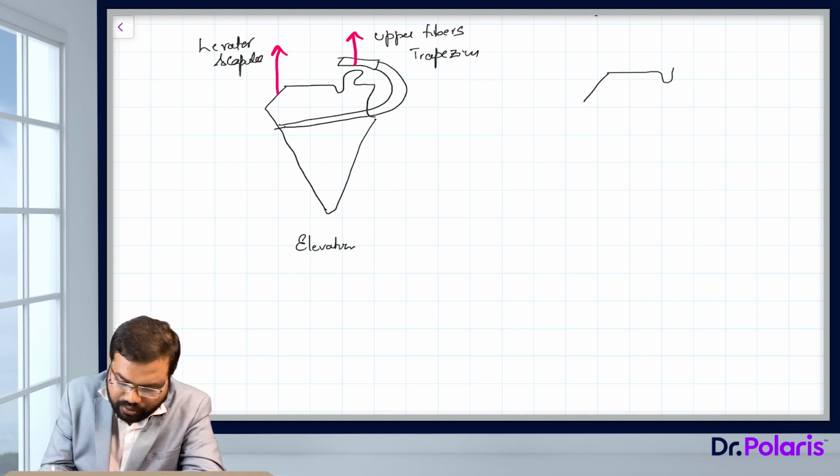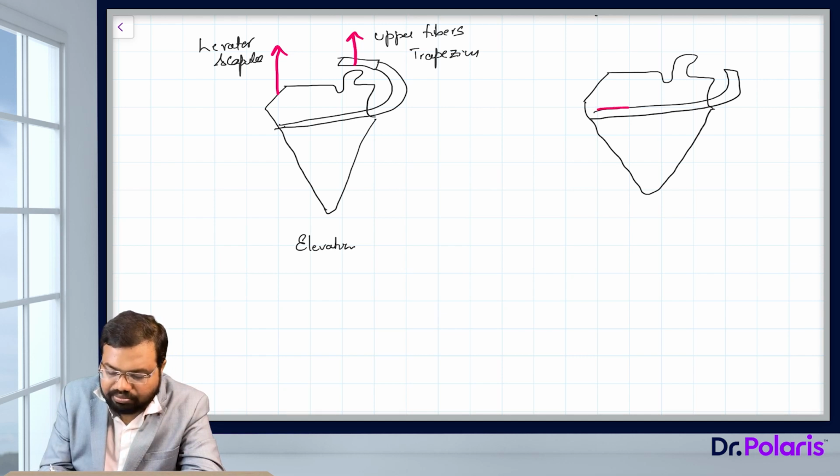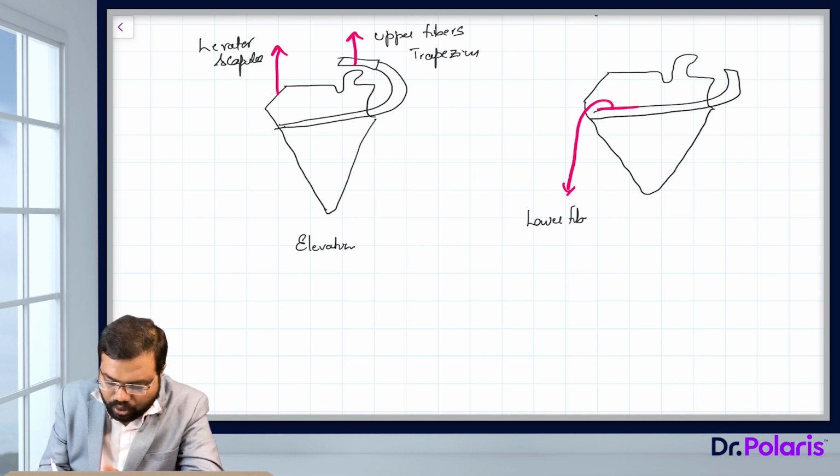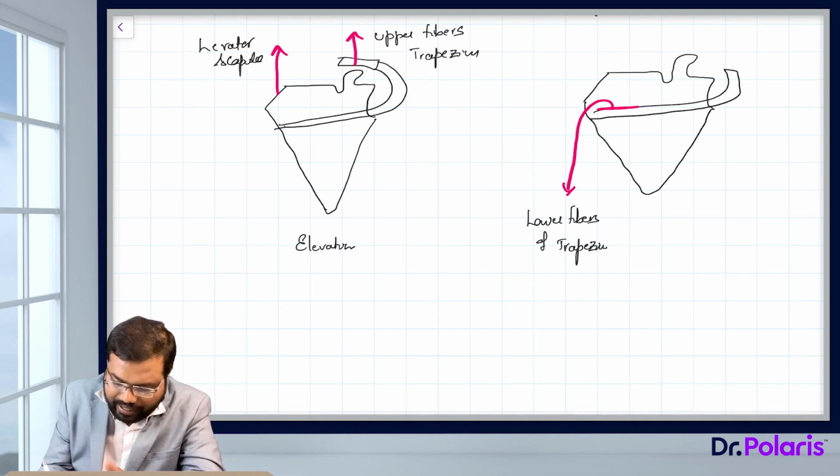Again, the same diagram, the posterior view, showing the features of the scapula. The depression is by, and this is the spinous process with acromion process, the fibers which are inserting on the upper border of the spinous process, coming from downwards. They are the trapezius. So the pull will be by the lower fibers of trapezius. On the medial side, from the angle of the scapula also there is a downward pull, that is by the latissimus dorsi,